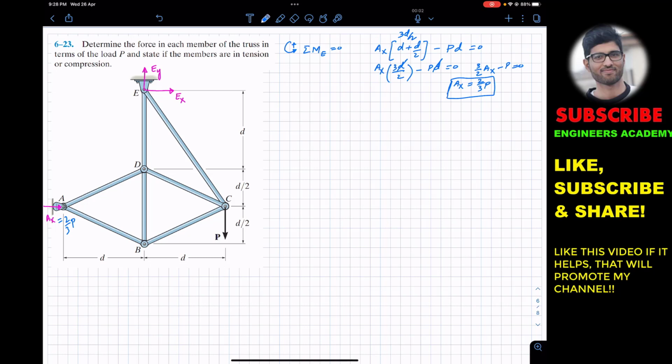So now if I apply the summation of forces along X equals to 0, while considering the whole truss. As we can see, towards the right is our positive X. So now we can see that EX is acting towards the right, that is the positive direction. So I will write plus EX, and AX is also acting towards the right, that is towards the positive X. So plus AX, and AX magnitude is now known, which is 2 divided by 3 P. This is equal to 0. So EX is equal to minus